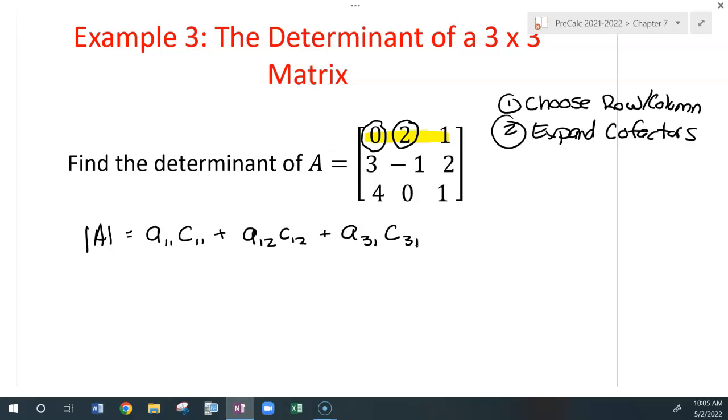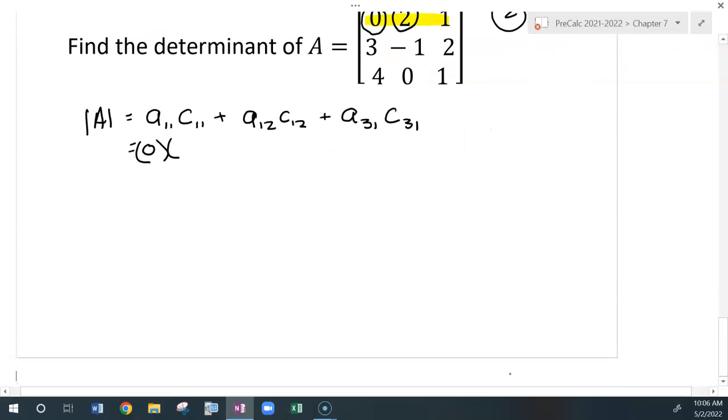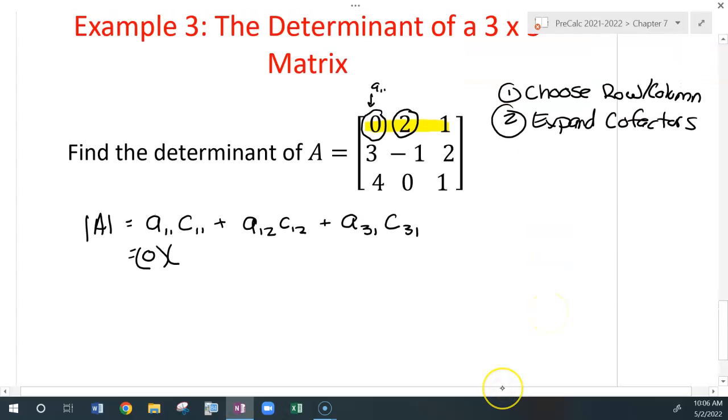So now I'm going to go in here. A11, this is A11, that's 0. So I get a 0 there. C12. So now I need to figure out the cofactor. Sorry, C11. I said C12, I meant C11. So I'm going to find the cofactor of C11, of 1, so right here and here. I cross those out. I have a negative 1 minus 0